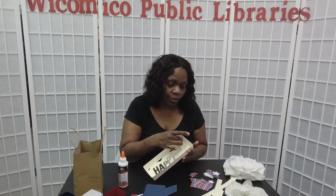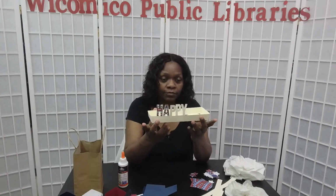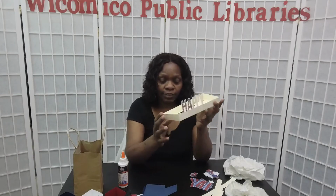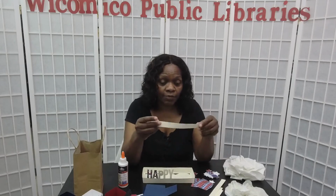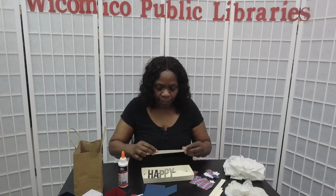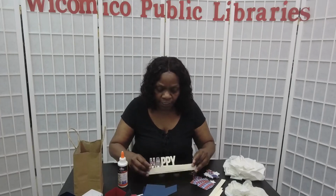And it's important that the caddy, this holder that's going to hold the utensils, is put together correctly. So, this is the end. You have your letters, you glue in each part. These little stripes right here, if you want to put them on, you can. I find them to be helpful in the front and in the back because once you start putting your utensils in,